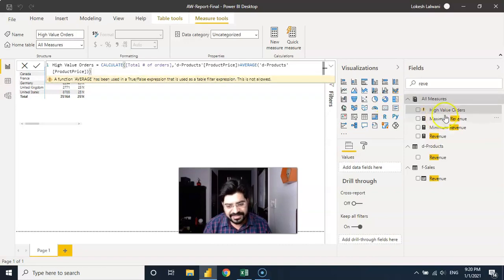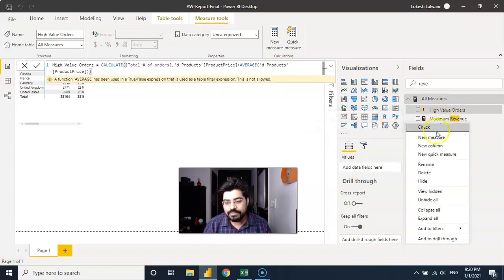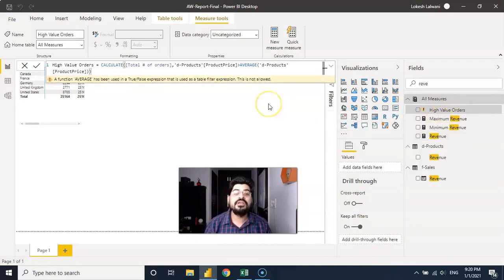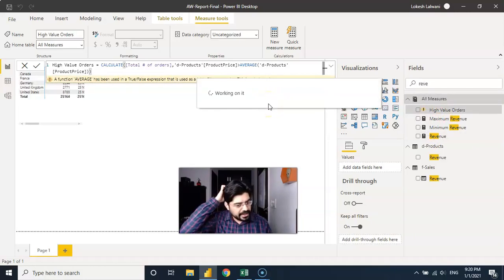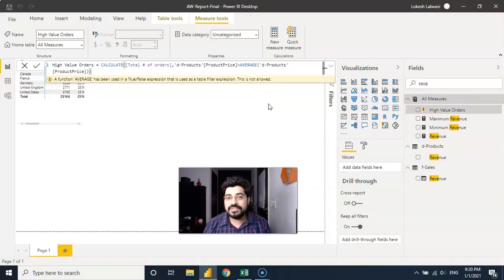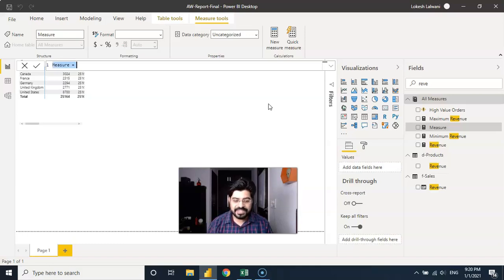I'll just keep it as it is. I'll move on and create one more measure in the name of average. Okay. Now, average of the price, I won't simply say average price, but you remember the filter context problem? It means I need to use the ALL function so that it should ignore the filter context. It can be used anywhere. So I will say